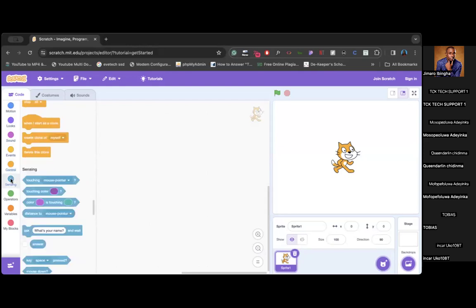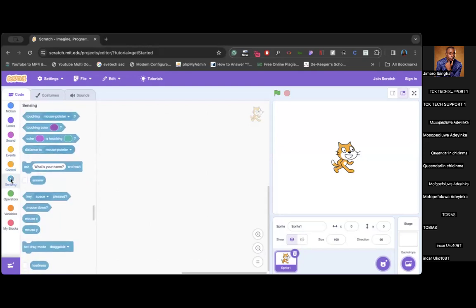So those are control. Sensing is just like your sense organs. How many of you remember your sense organs? Your eyes, your nose, right? Those are your different sense organs. So basically, sensing is,